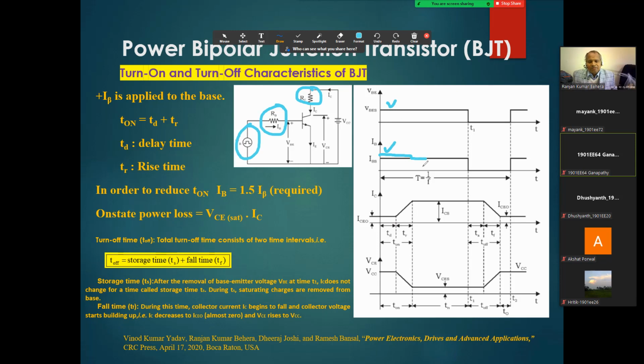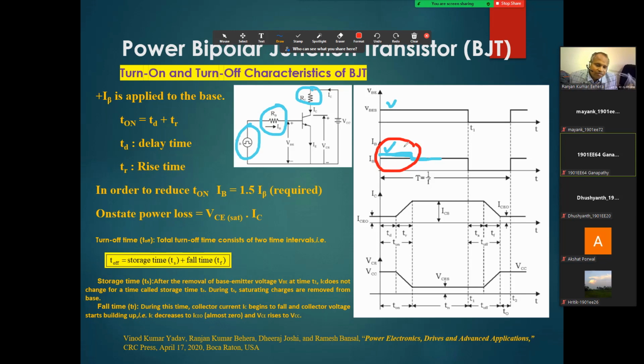So why do we apply this 1.5 times current initially? Because to give boosting, or to turn on very quickly. It is a slow device. I told you in the first slides, because it is a slow device, we give some extra current or high current so that this device can be turned on. As soon as the device turns on, we reduce this current to the normal base current. So during the initial stage only you should apply the extra current, just for the first turning on of the device.